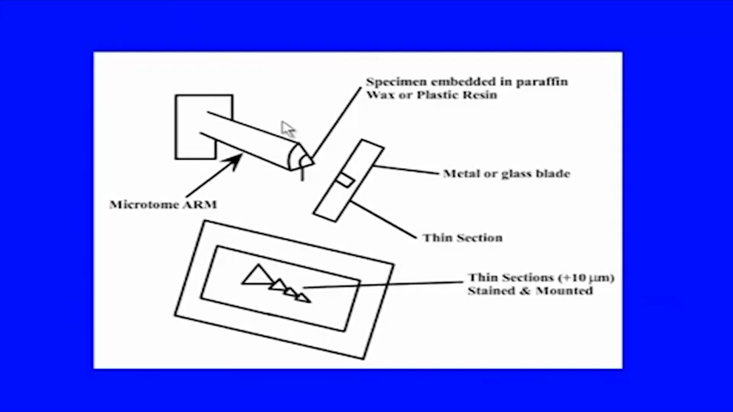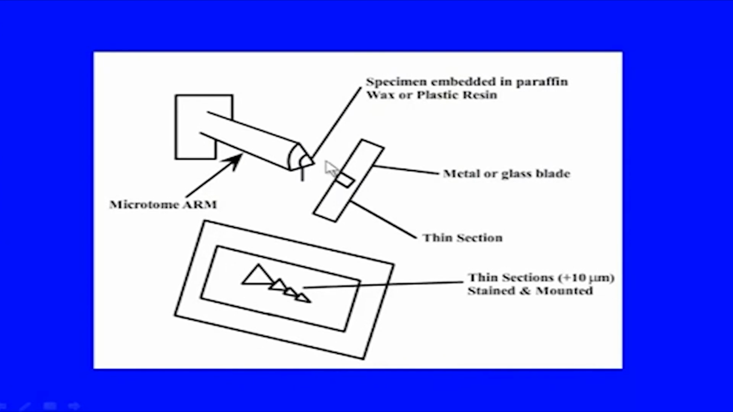So, we are not going into that, but that is also a very useful technique. Now, this figure shows a microtome. The microtome has an arm, and the specimen, embedded in paraffin or wax which is hardened, is put in here. This microtome arm is moved up and down rapidly, and it moves through a glass blade or metal blade, and there is a water trough